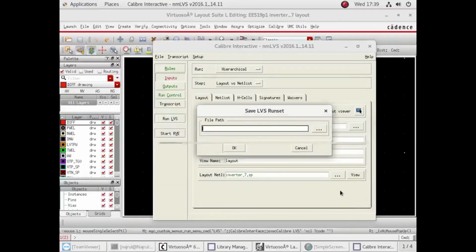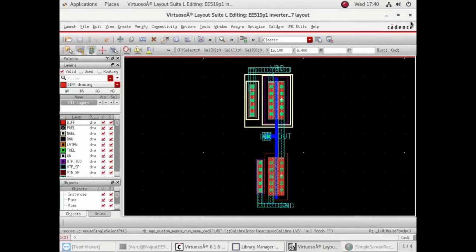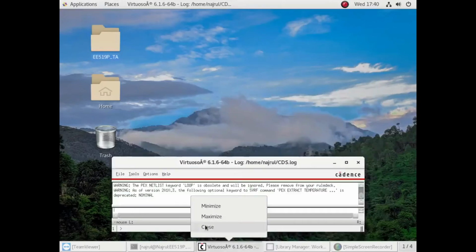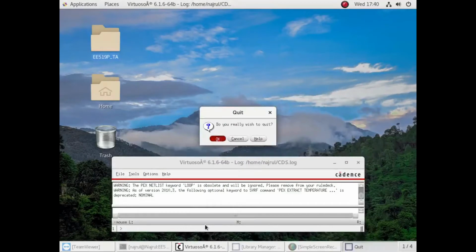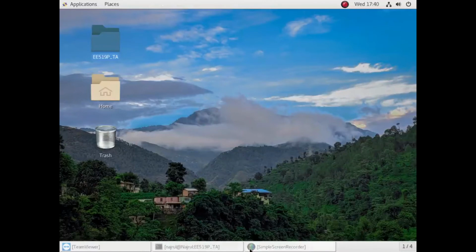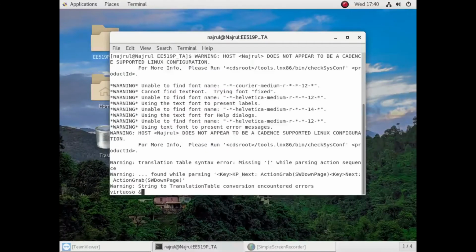Here we will select our file, the LVS rule, and then the path. So let us close all of these files. After closing all tabs, we will open them again.